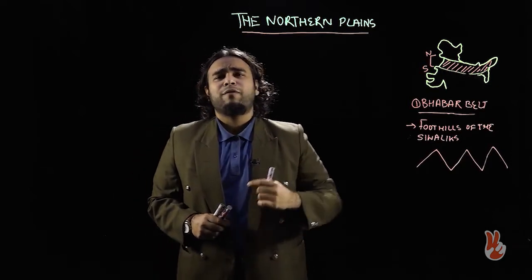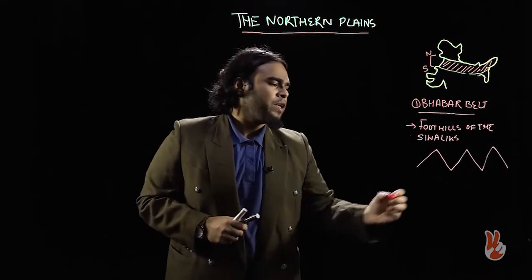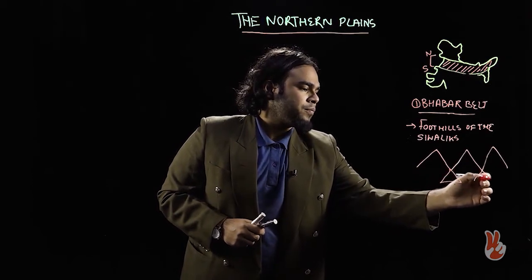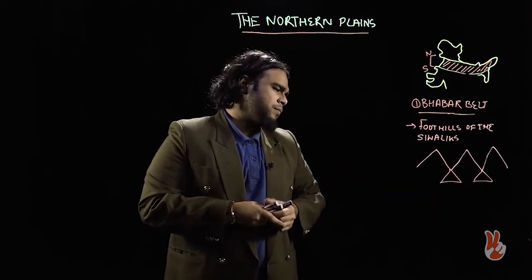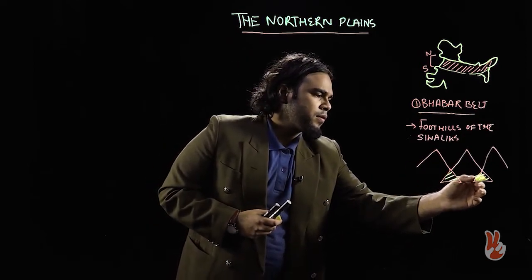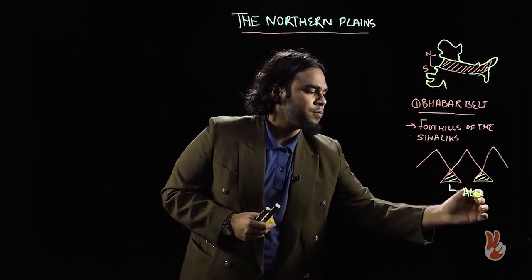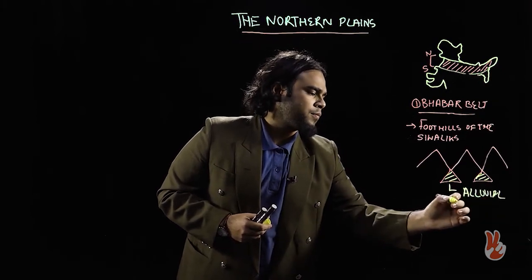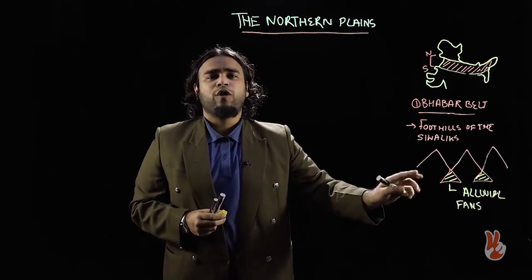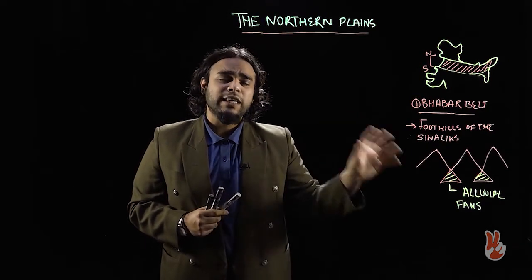The rivers that are coming from the upstream area to the downstream area, what will they do? They will deposit sediments, right? So this sediment deposition at the lower level is of this shape. This triangular structure of deposition is called alluvial fans. Okay, so this triangular deposition of alluvial deposits is called alluvial fans,